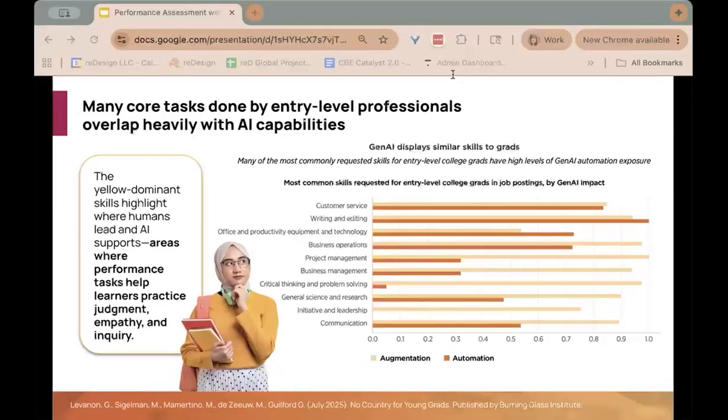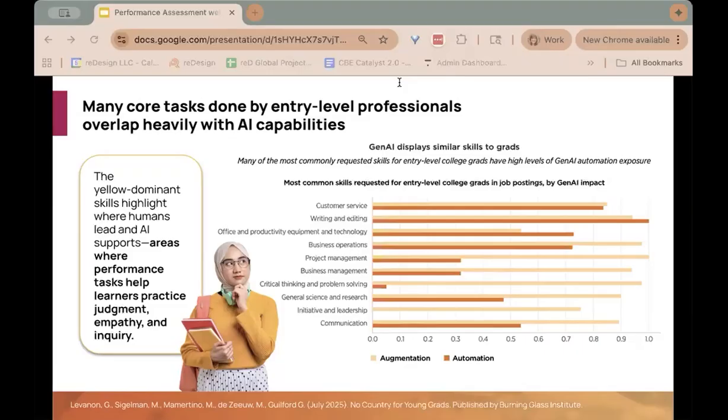Rather than ignoring it, we know that we need to teach learners how to work with it while also elevating the essential parts of learning that are uniquely human. This chart from Burning Glass Institute shows that many entry-level job skills now overlap with AI capabilities. And you'll note where those yellow bars extend past the orange ones, beginning with business operations there.